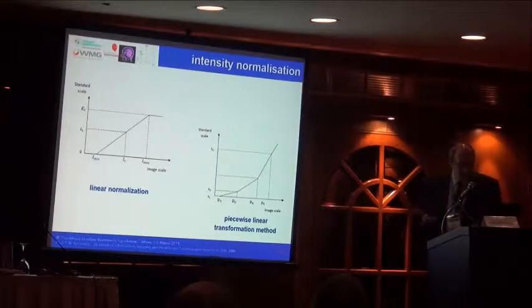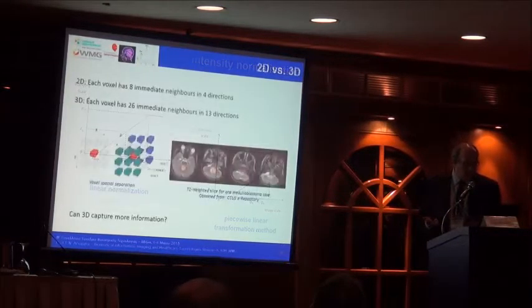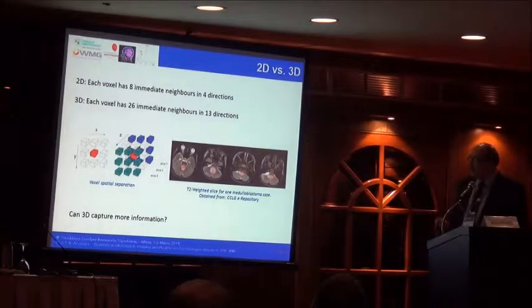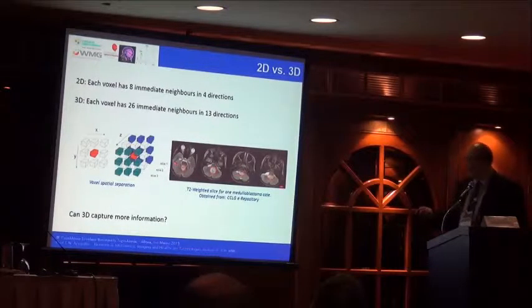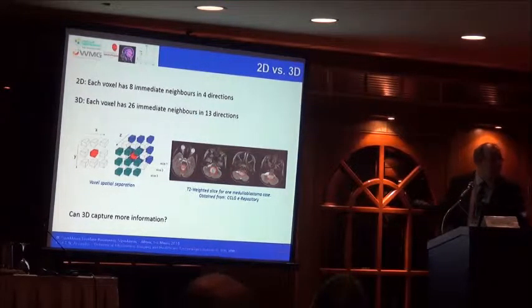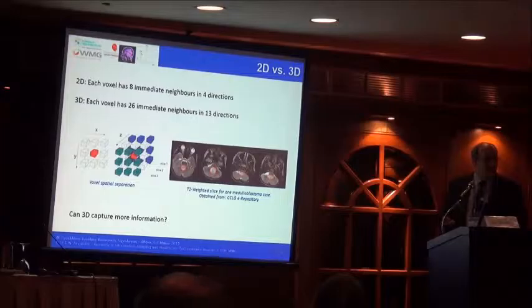And this allows us to put the images in the same intensity so that we can do first, second, and third order statistics when we have a model-based approach. Of course, the choice then is, do I do it on a slice, or do I do it on multiple slices? Or if I have a 3D volume, and somehow I can segment the 3D volume, can I do it like that? Of course, 3D volume segmentation is still very much in its embryonic phase for clinical work.